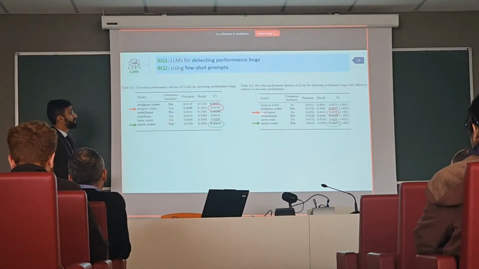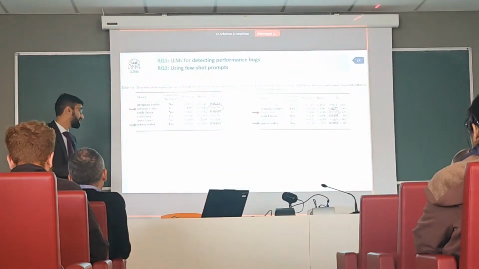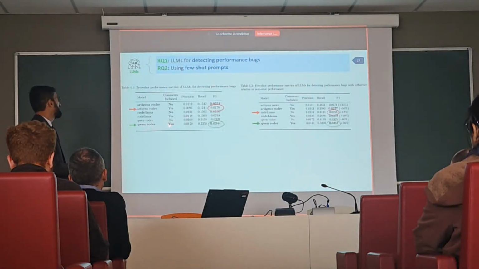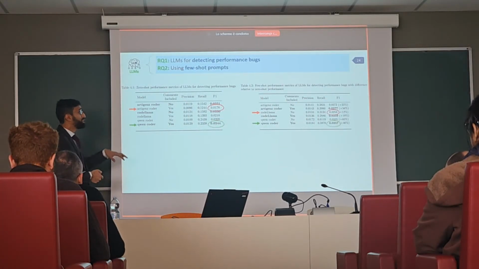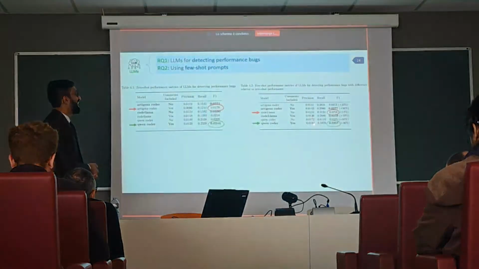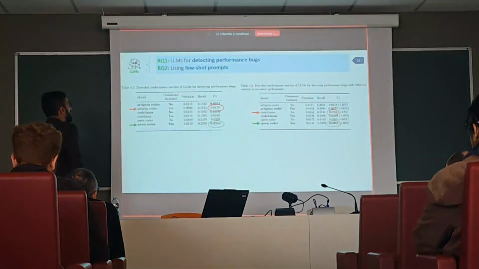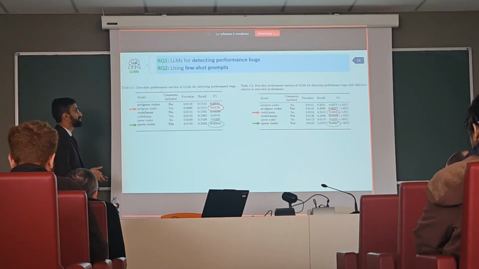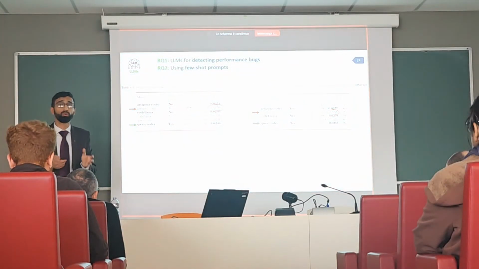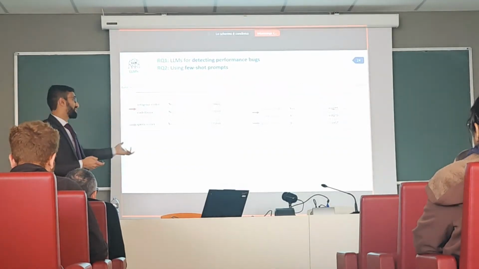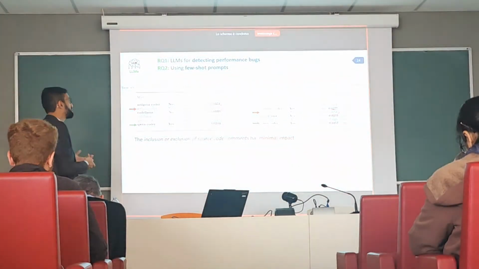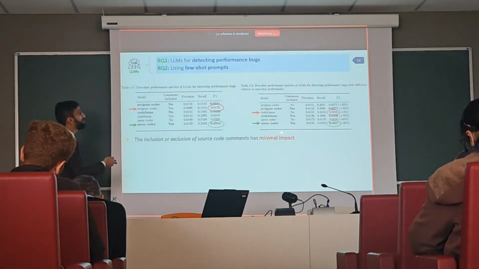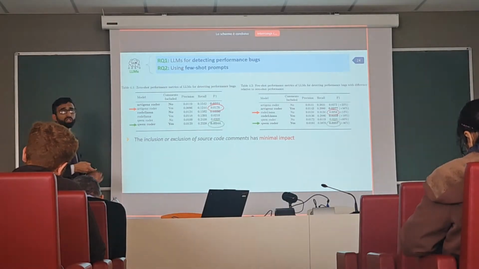For zero-shot and few-shot, we did not get very good results. The best one, which performed with the inclusion of comments, is CodeEncoder. The best F1 score is 0.024, whereas if we fine-tune that, this 0.024 improves to almost 46%, but in absolute terms it's not a very good number. This leads us to the conclusion that language models are not really understanding the characteristics of performance bugs with the zero-shot and few-shot settings. Of course, if you fine-tune them, the results can change. And even the inclusion and exclusion of comments did not make a huge difference.